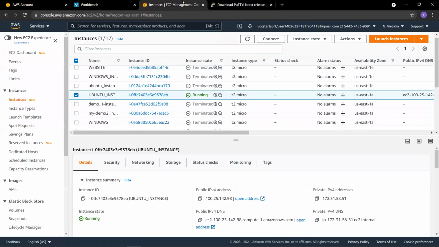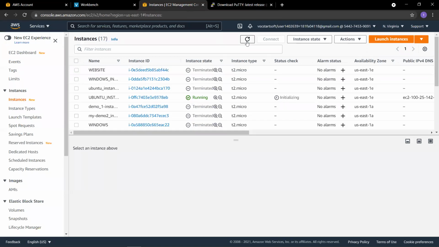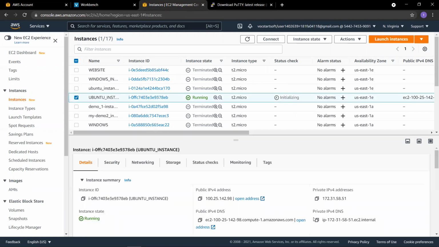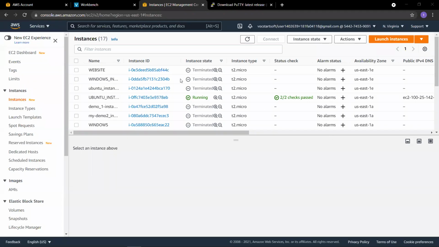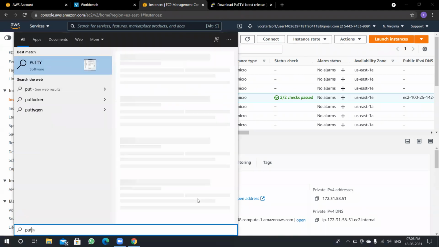After that, go to instances to check whether the instance is launched or not. It is still in the initializing state. Let's wait for a couple of minutes. Successfully, our instance got loaded. After that, we have to copy the public IPv4 address and open the PuTTYgen